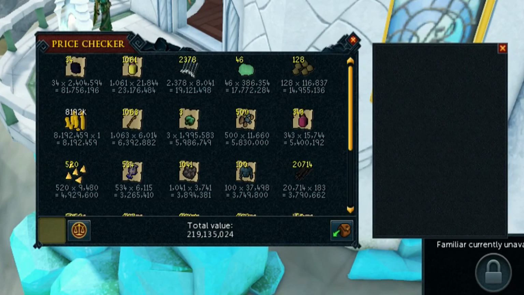We made 219.1 mil. That is absolutely crazy. 81 mil comes from the Uncut Onyx drops, and we got 34 Uncut Onyxes, so that means we got a total of 17 Uncut Onyx drops in total, because they drop in groups of 2, and we did get lucky with those Uncut Onyx drops within days 5 and 6, so a great deal of our money does come from there. The second biggest money maker were these Saradomin Brew Flasks, and we got 1,061 of them, and that equated